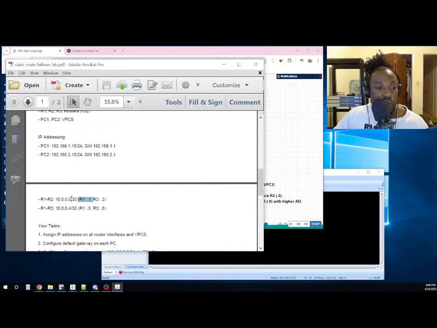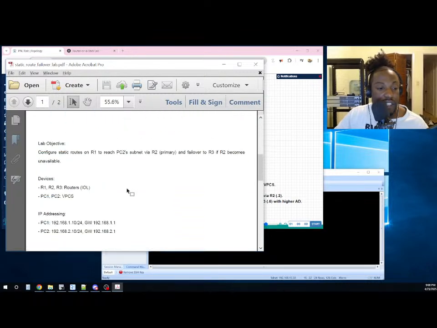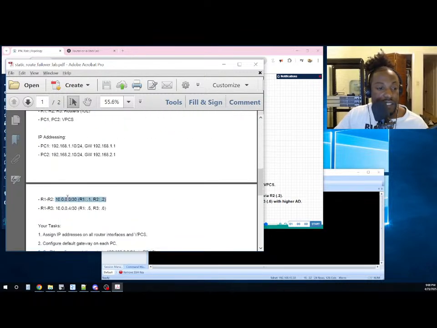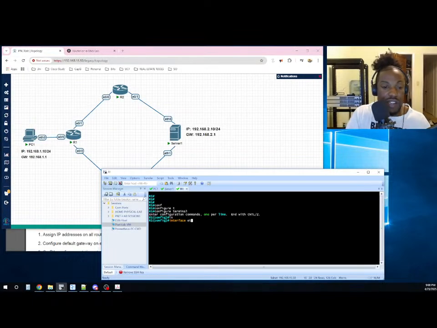So the 10 network is there. This is the 10 network right up here. That's going to be .1, and that's going to be .2, I believe, right? Is that what he said? Yes, sir. Interface Ethernet